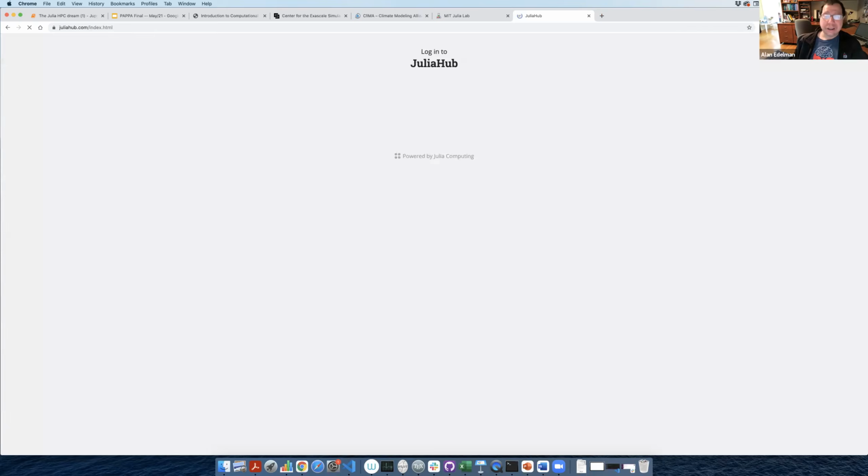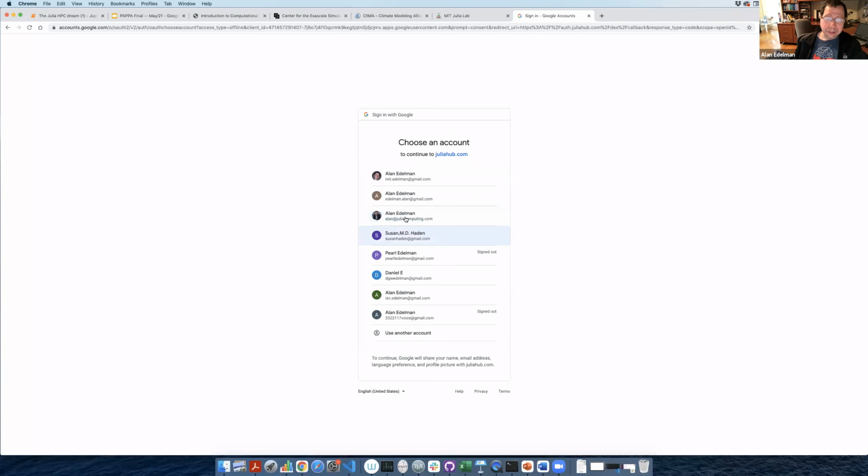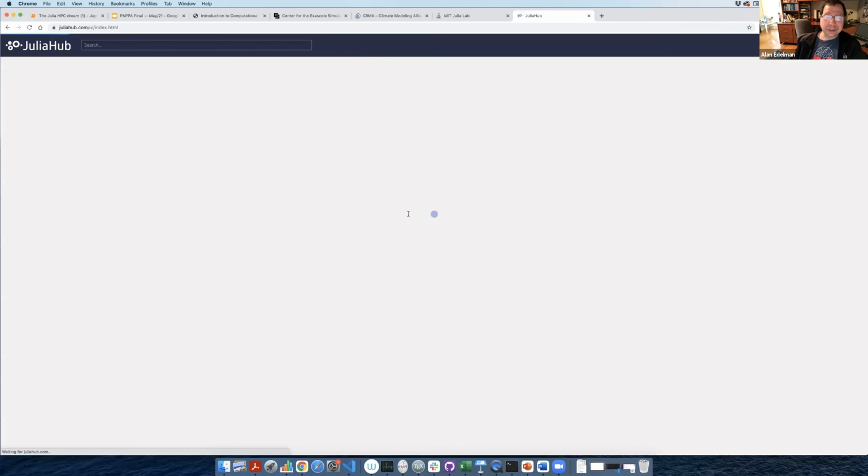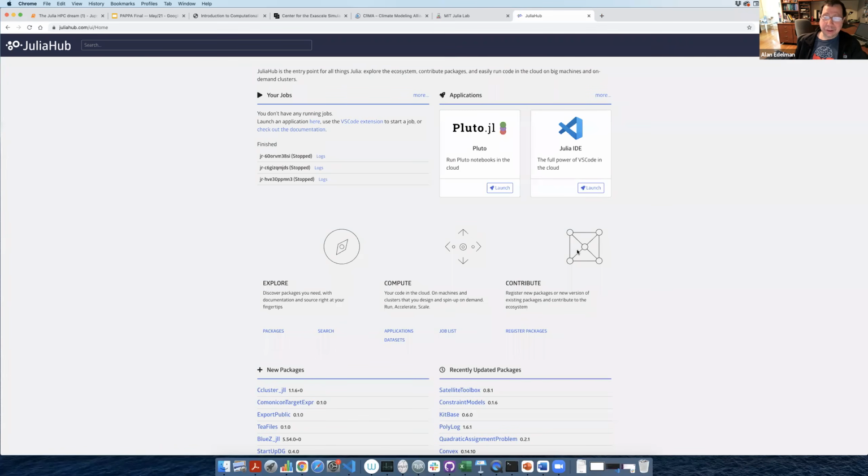So here, let me go ahead and I'm going to log in. There are a lot of ways to log in, but I'm going to log in with Google. I've got my whole family here, Google accounts, but I'll pick mine. All right, so I've already set up with a login. My credit card's already in. So what I'm going to do is just to get things going, and I'll say what some of the things mean.